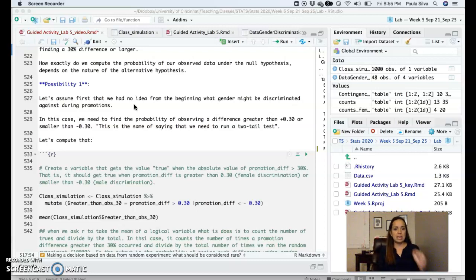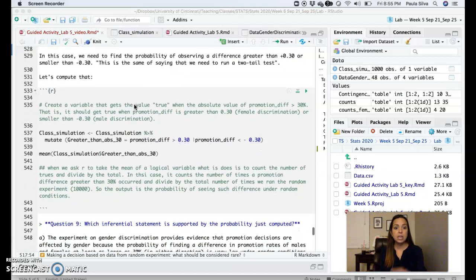Possibility 1. Let's assume first that we had no idea from the beginning; there was no theory, no observation from before that would suggest what gender might be discriminated against during promotions. We have no idea. We're beginning to explore this field and we don't know if discrimination is against males or females. In this case, we need to find the probability of observing a difference greater than 0.30, or 30%, or smaller